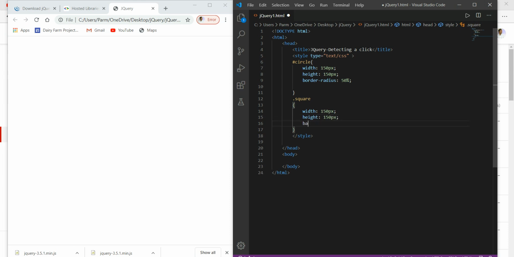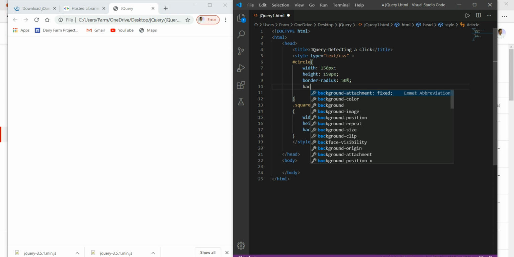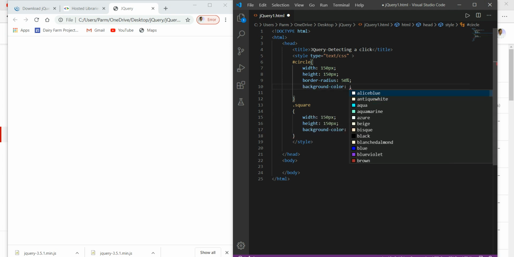Then we need to have background color. I'm just giving it red, and here in this case I'm just giving background color equal to green.